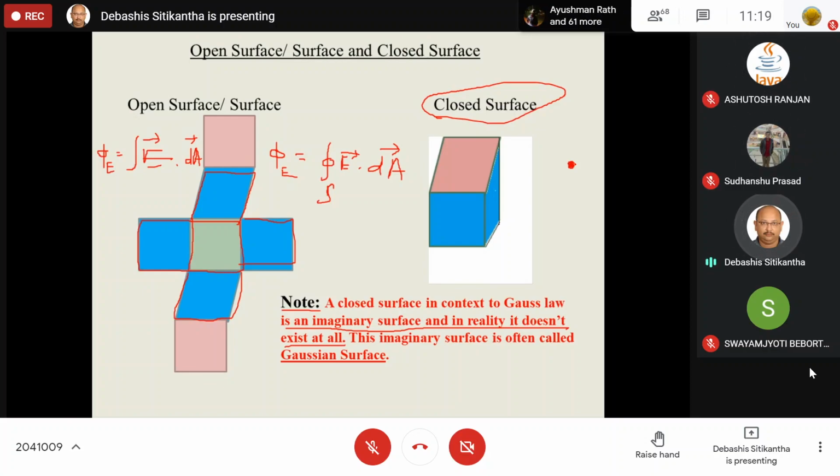Because you see, and please remember that the sphere will be constructed in such a way that the point charge is going to be located at the center of the sphere. So your Gaussian surface will be a sphere like this, and you can see that the source, or the point charge, is going to be located at the center of it. Now, why is it so?